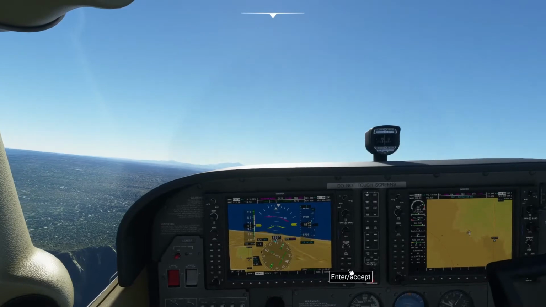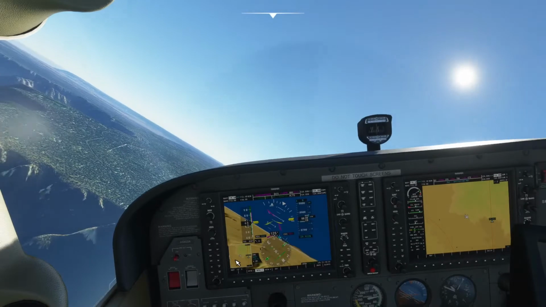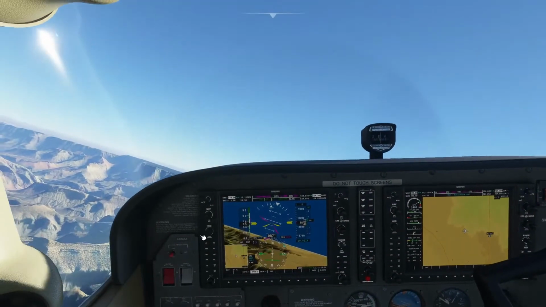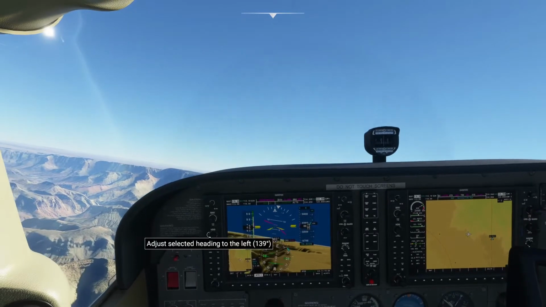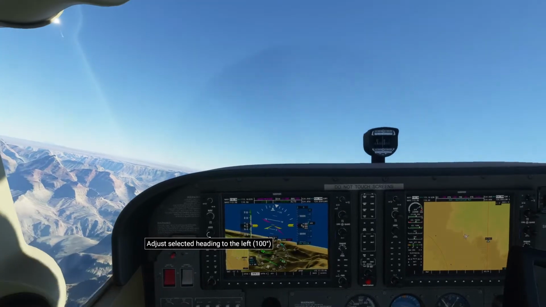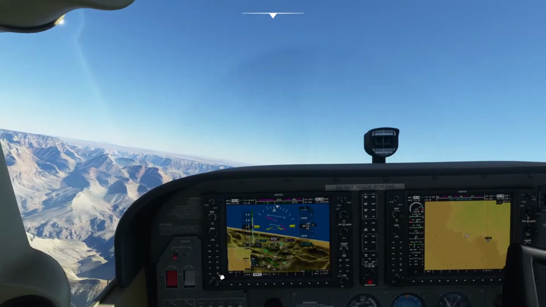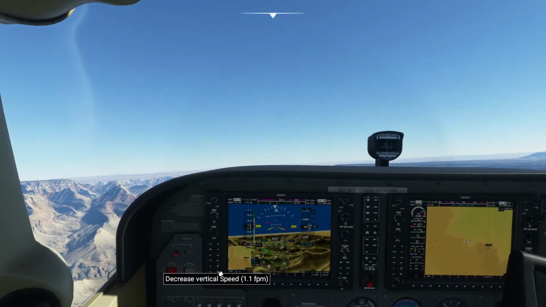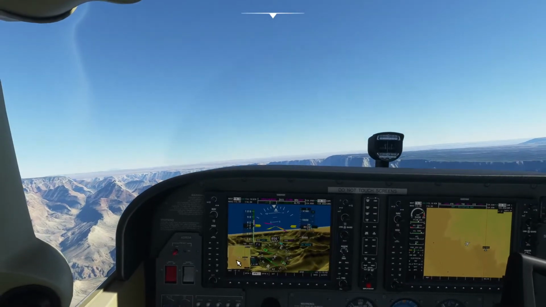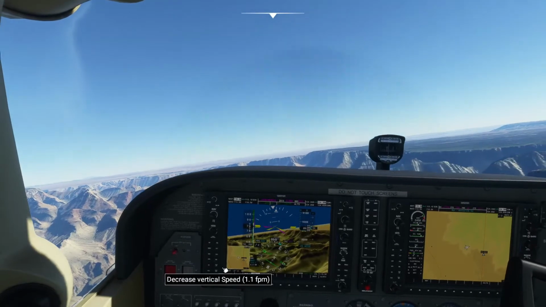Okay, let's lower, where's my vertical speed? 500 feet per minute. Alright, now. The thing is I have trouble with this Cessna at altitudes after 8,000 feet. This is not the first time,